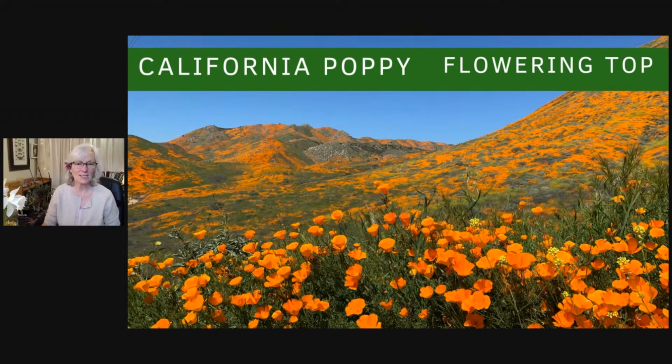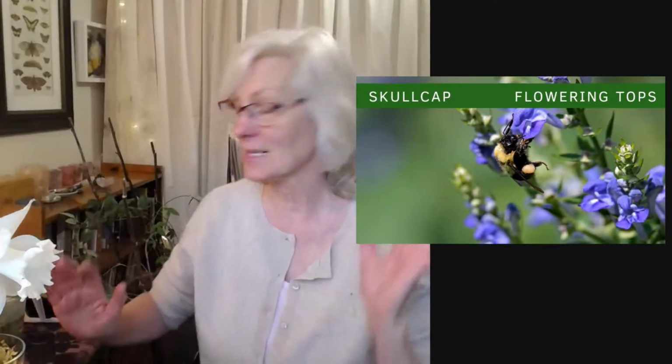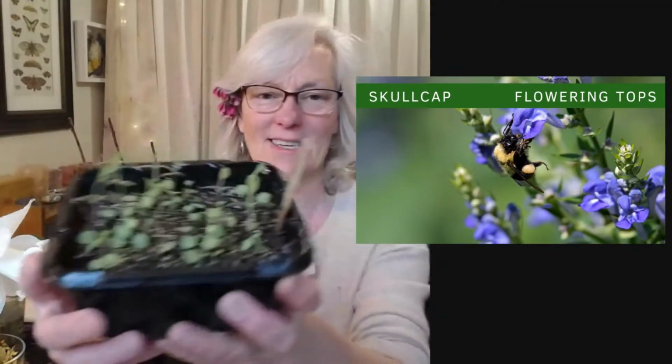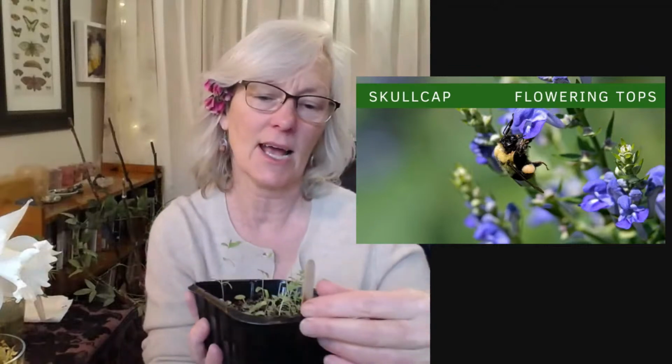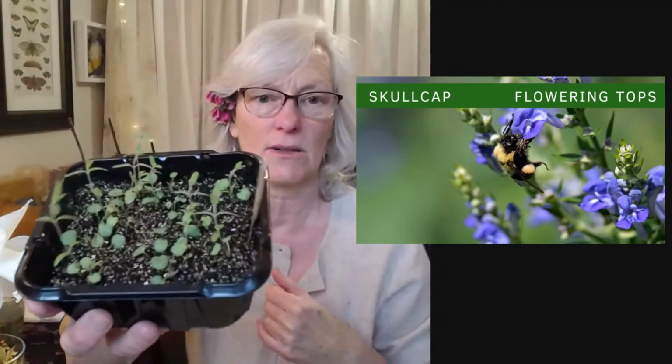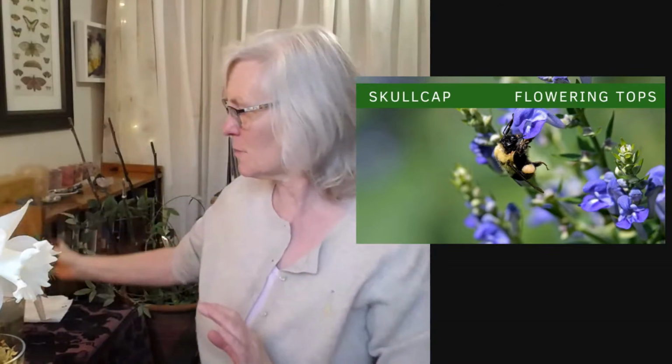The next one is skullcap. And skullcap is kind of a new herb in my world. I haven't used it a lot. And I'm very excited because this year I'm actually growing some little baby skullcaps. There are multiple different types of skullcap. This one is actually the Baikal skullcap. This isn't necessarily the one you use for sleep, but most skullcap, you can just purchase in commerce,